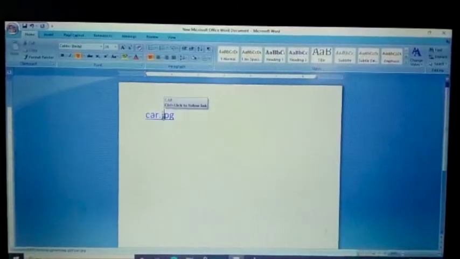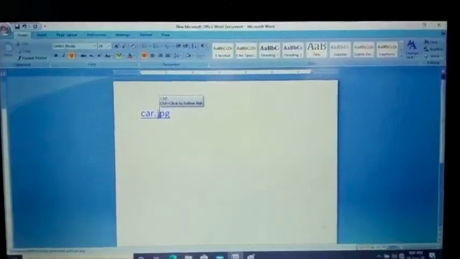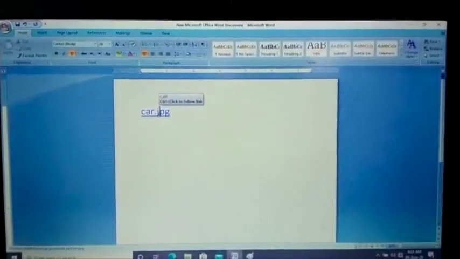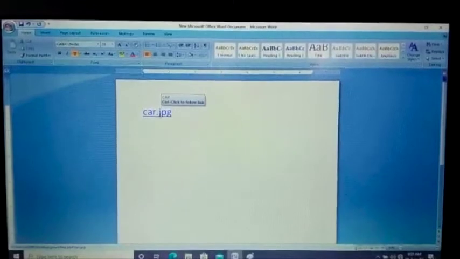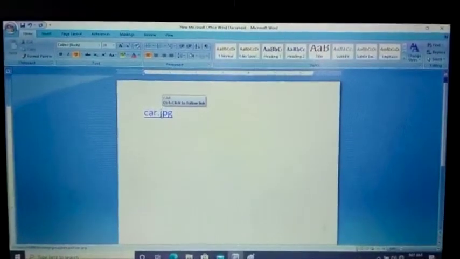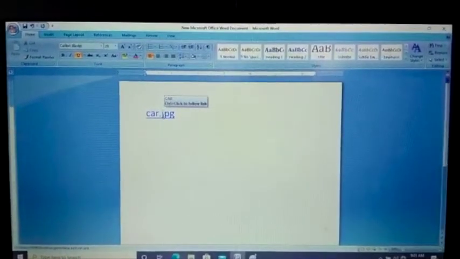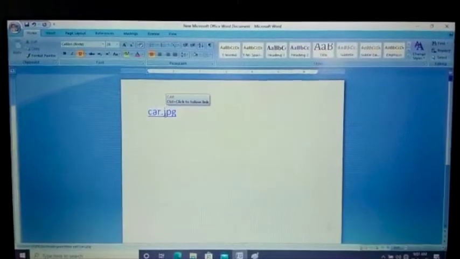Next, inserting action button. How to insert an action button? First step, move to the slide on which you want to place a button.